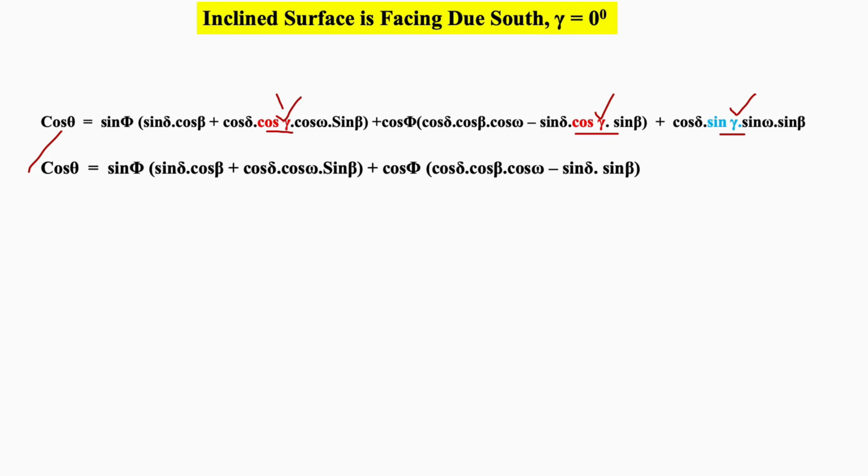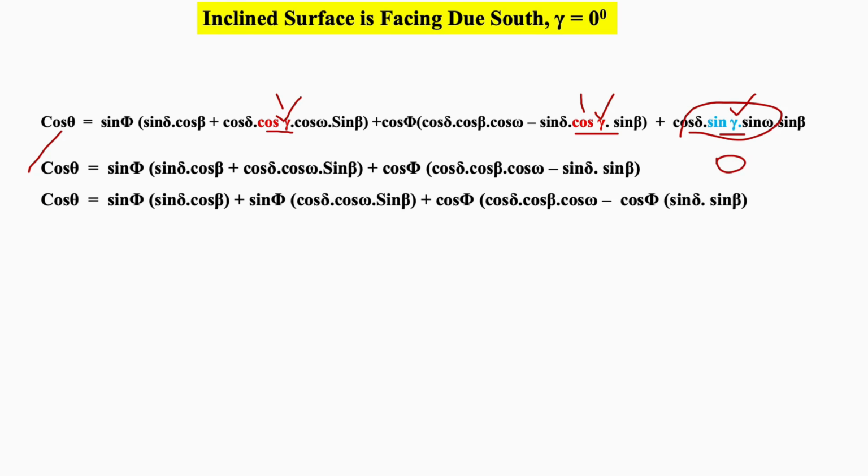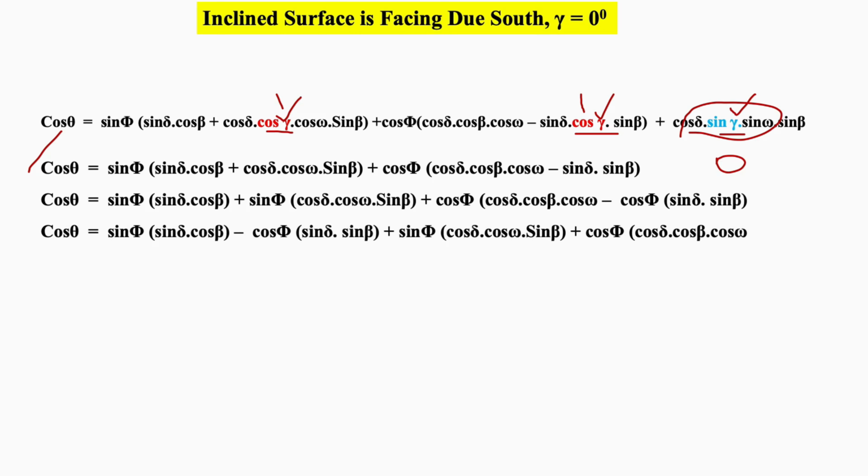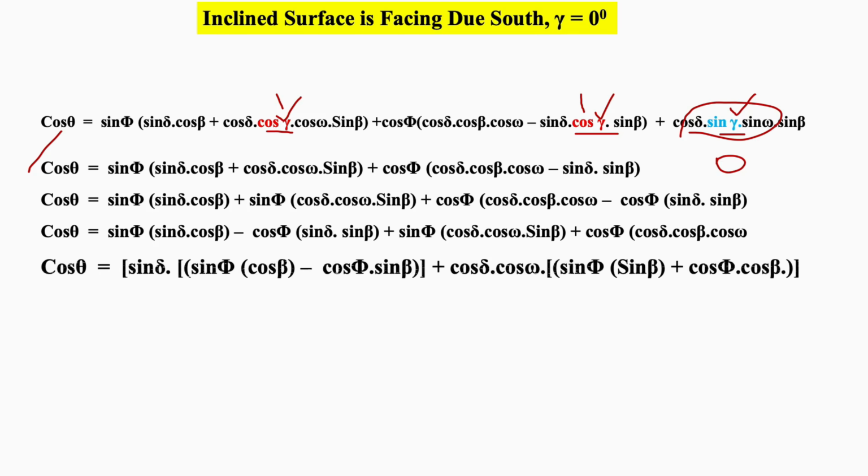The next term is cos phi cos delta cos beta cos gamma, and here again cos gamma is 1, so this term will be sin delta sin beta. But this term, since sin gamma is 0, becomes 0, and we are not going to reproduce it here. Further, this term can be expanded and reproduced here, cos theta is equal to this, and